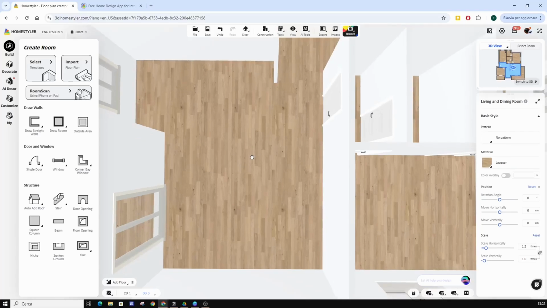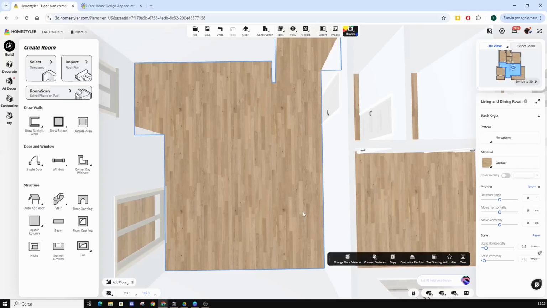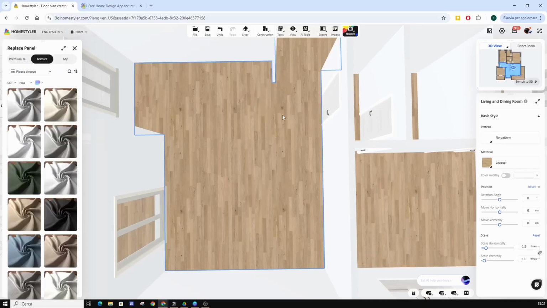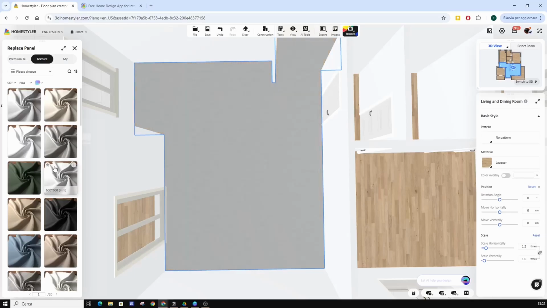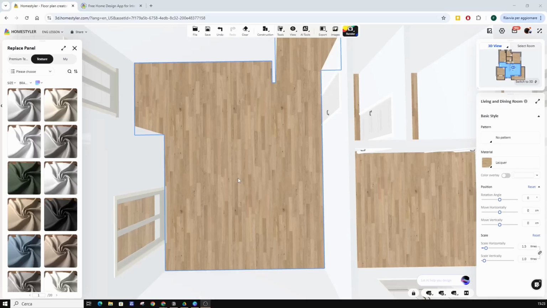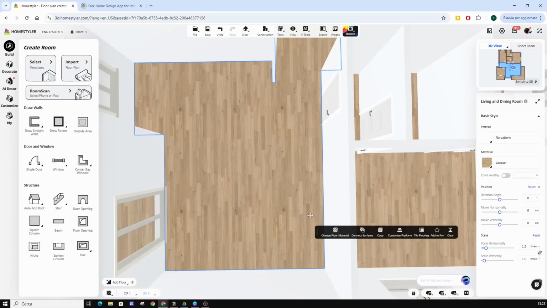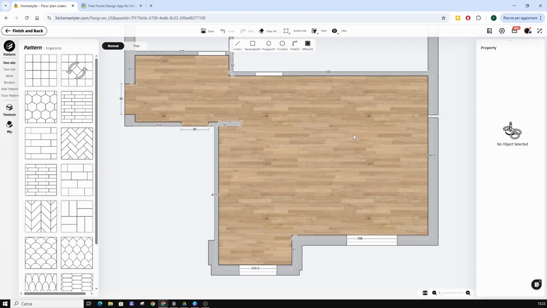We can do the same thing by selecting the floor. On this floating window, choose Change Floor Material. The same thing happens. We can, however, push ourselves to an advanced level of customization by selecting the floor and choosing from the floating window the Tile Flooring option. Our floor appears, which we can also divide into areas to which we can assign different materials.